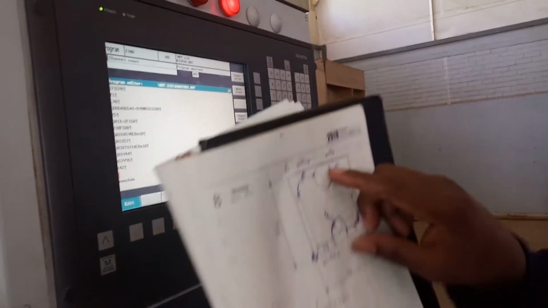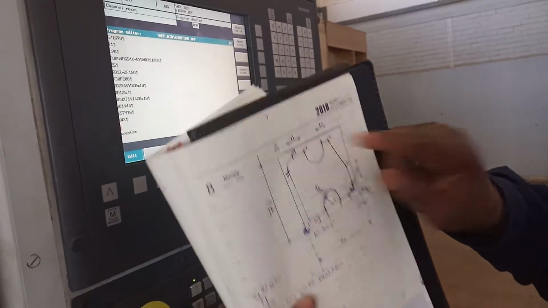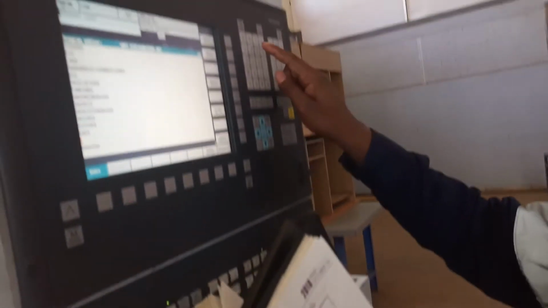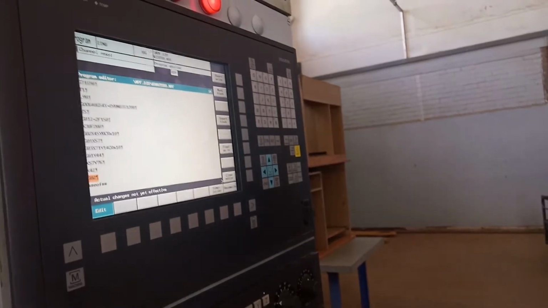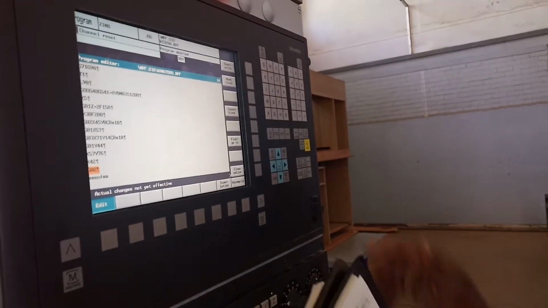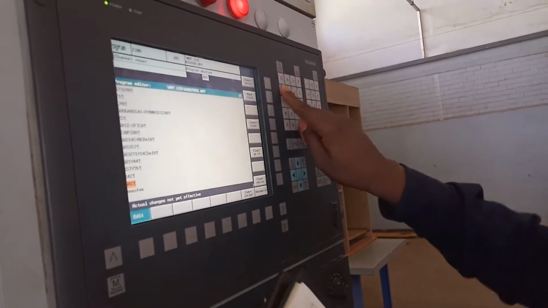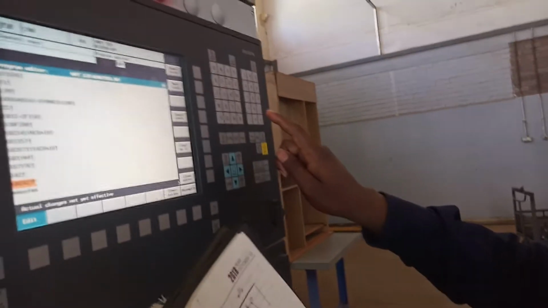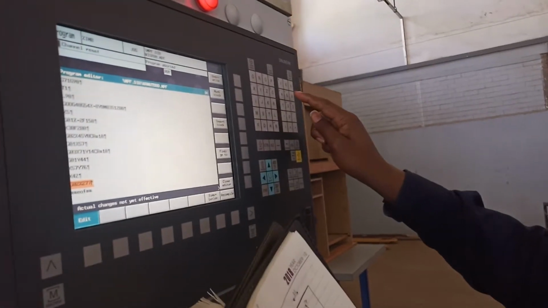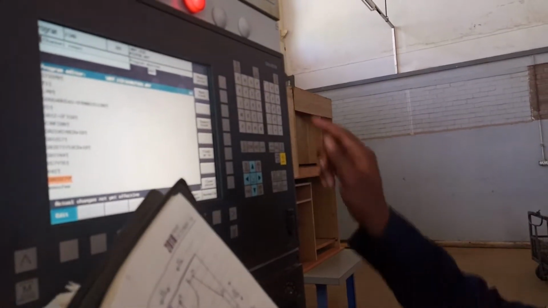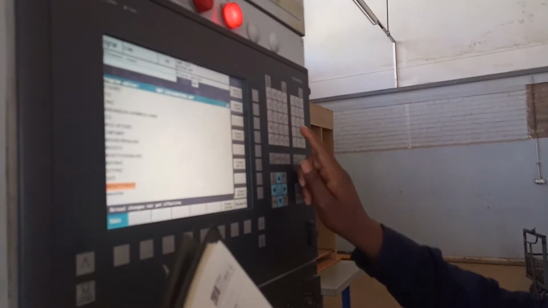And then I go to G. I wanna cut this thing now. It's kind of clockwise when you're cutting it. So clockwise G02. G02 is my clockwise radius direction. Then I put my X. My X now goes to 27. Then Y. My Y becomes 76. And then my CR, center radius, equals to